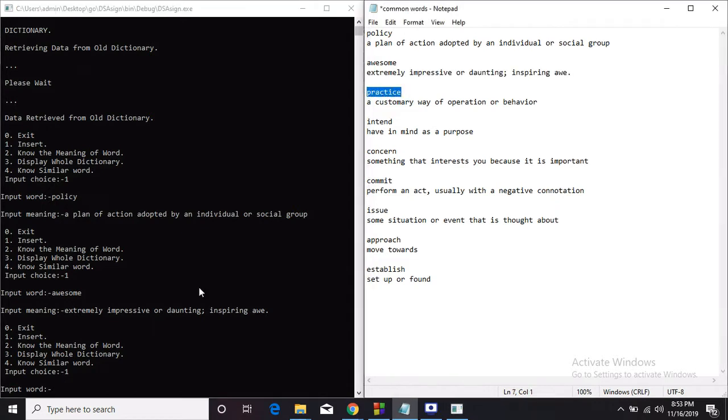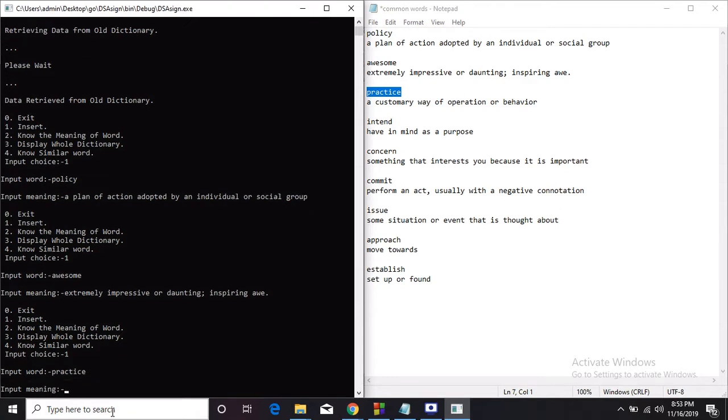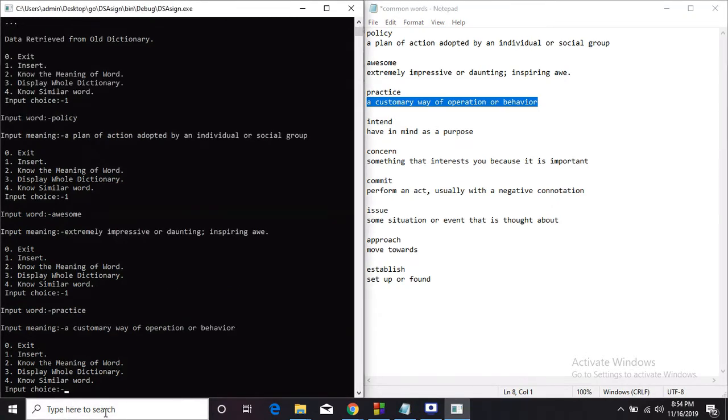Let us finally insert this practice word and its meaning. So we have inserted three words in the dictionary.